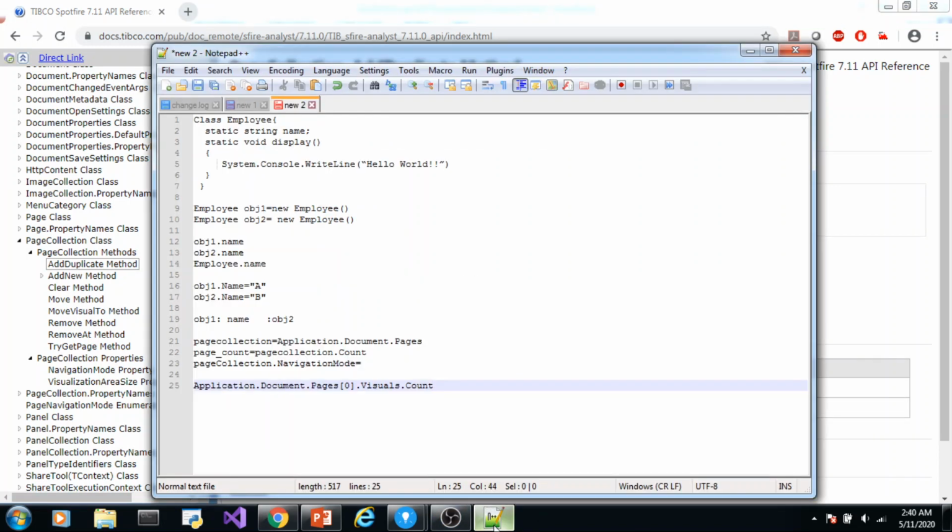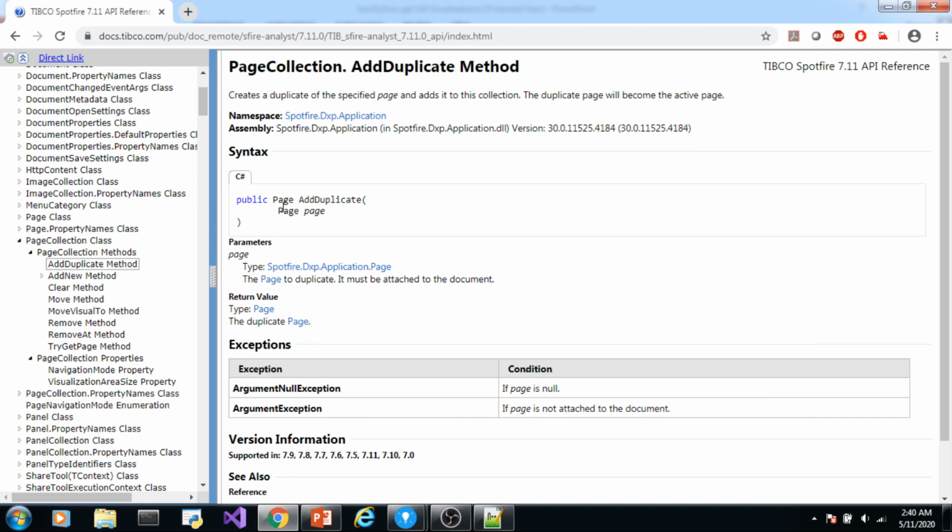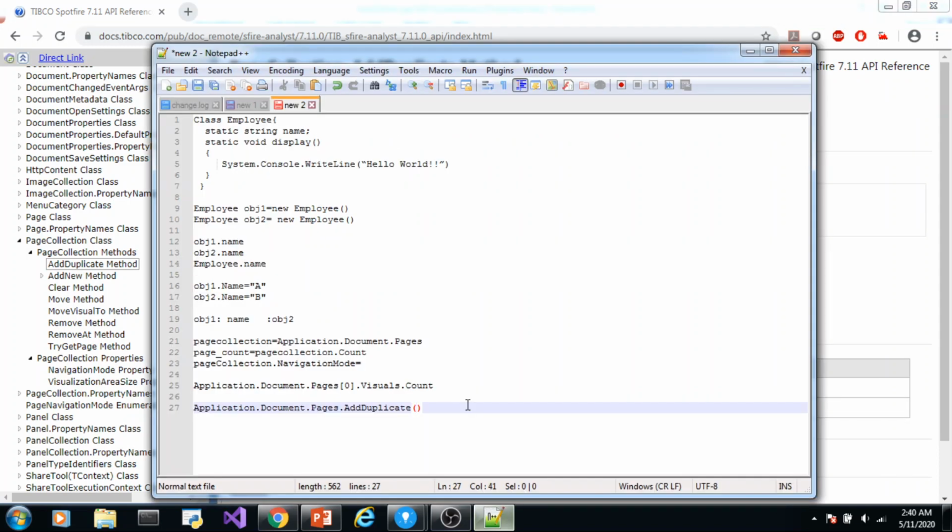Suppose you want to create a duplicate of page at index 2. So you can write like this: application.document.pages.add_duplicate. Now if you see, it takes a parameter page which is of type page. So how will you write? You will write like this: